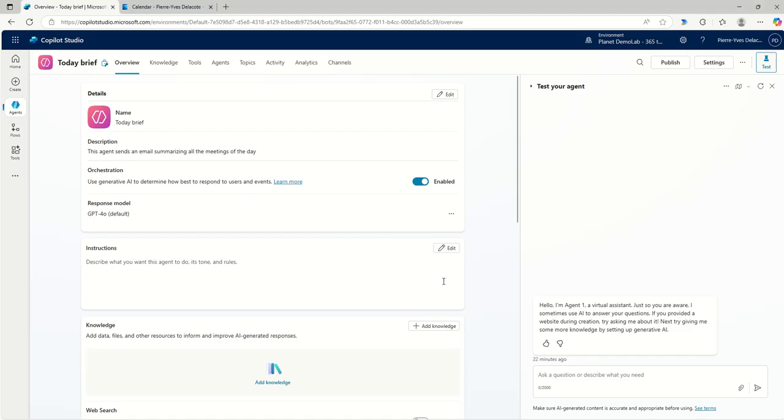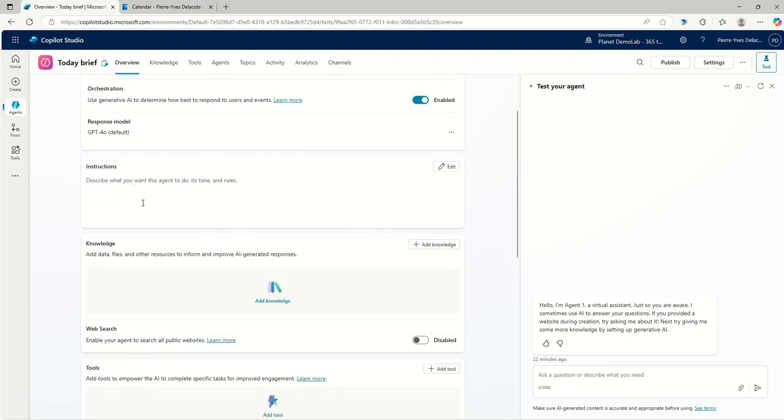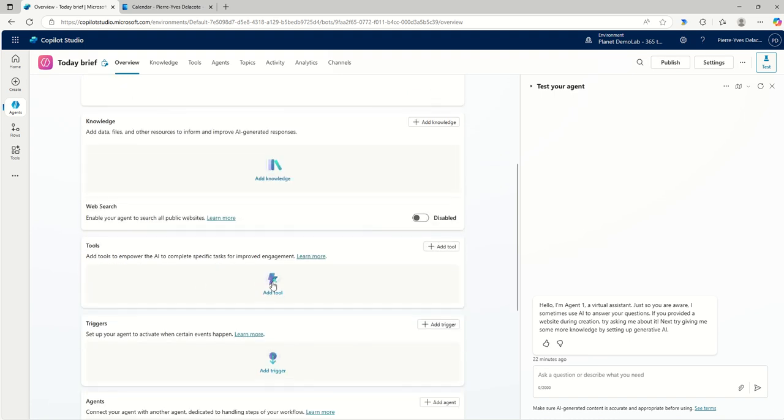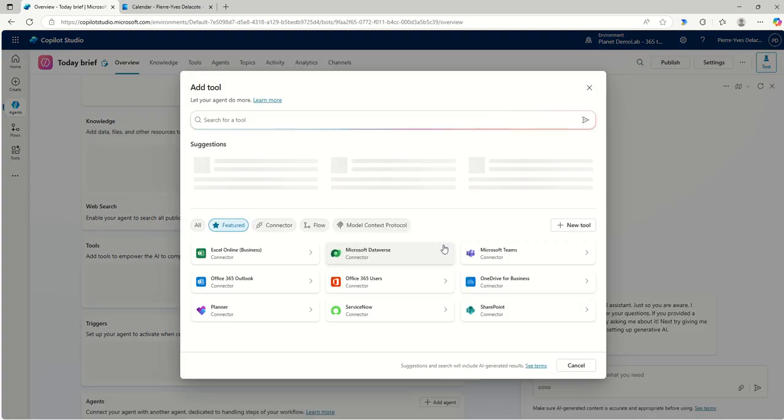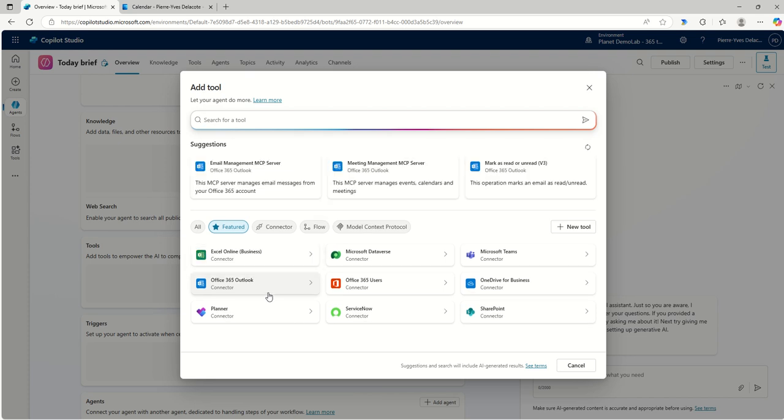I started to build this agent. There's nothing in it. There's just a name, Debrief, and this agent sends an email summarizing all the meetings of the day. The instructions will go here, but before doing the instructions, I'm going to add some tools. When I add a tool, I can use the Microsoft connectors here, but then I need to understand how that works, and it can be complicated. Sending an email is straightforward, but when you have to fetch different things in the calendar,